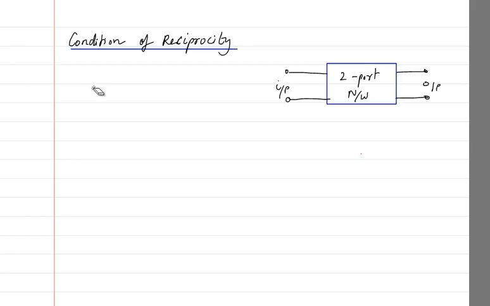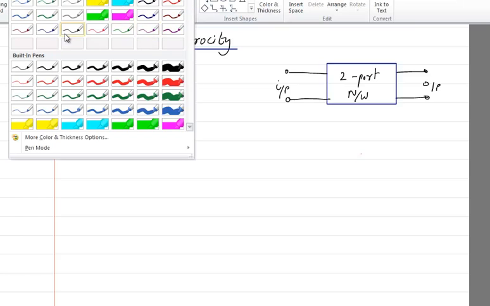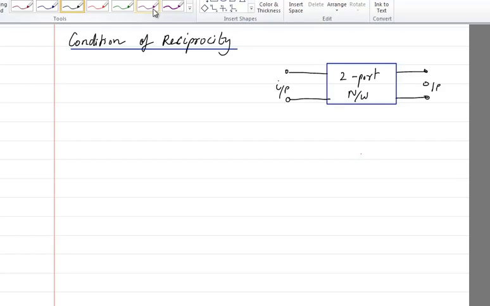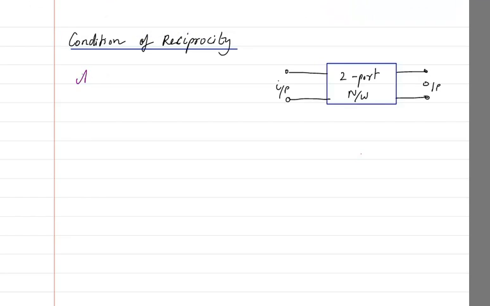So let us find out how we get from the Z parameters whether a circuit is reciprocal or not. The condition of reciprocity: first we will write the statement that a two-port network is reciprocal if